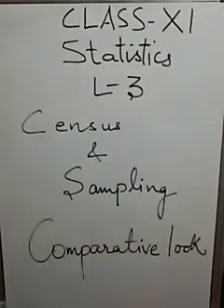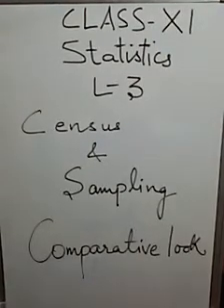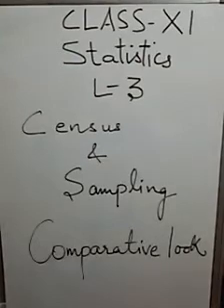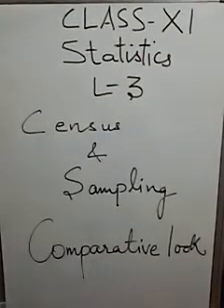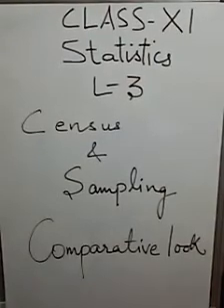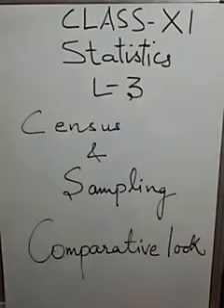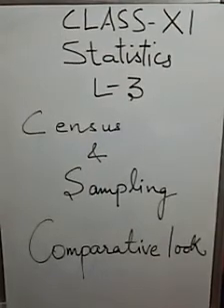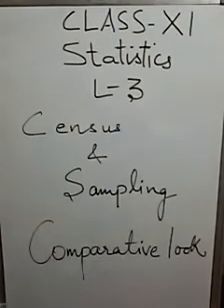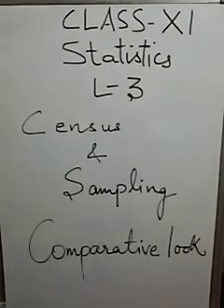Now what are non-sampling errors? Students, these are errors related to the collection of data. These are of the following types: errors of measurement, errors of non-response, errors of misinterpretation, errors of calculation or arithmetical errors, and errors of sampling bias. The larger the field of investigation or the larger the population size, the greater is the possibility of errors related to the collection of data or data acquisition.